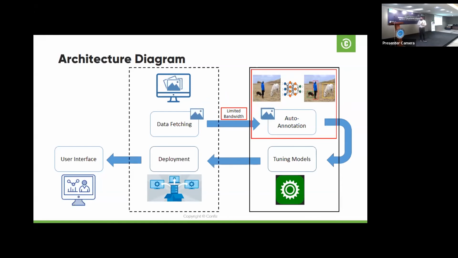And then comes the annotation part. So now we have two options with us. Either we can annotate those images using some human resource. That will be one costly, and two, that will be time consuming. So we want to mitigate both of these risks. So what we can do is we can have a better network that is bigger in size. So we can utilize that network, and we can auto annotate the images using some network, mitigating the cost and the time as well. And using those annotated images, we can tune our models, and then we can simply